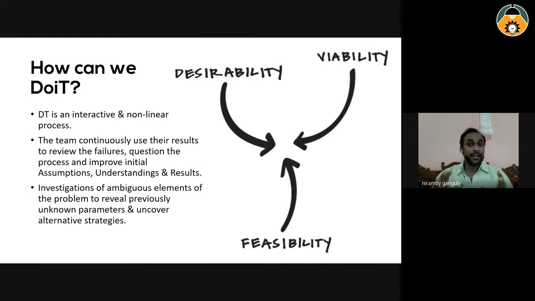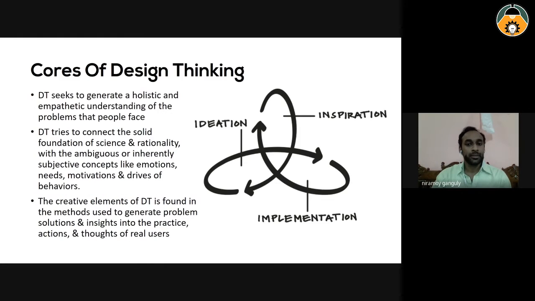So, design thinking is when you are incorporating all the desirability, viability, and feasibility into that one product. So, the course of design thinking, the main course that we focus on, is on the ideation, inspiration, and implementation. So, this is a constant loop cycle, an infinity loop cycle, where it seeks to generate a holistic and empathetic understanding of the problems that people face,